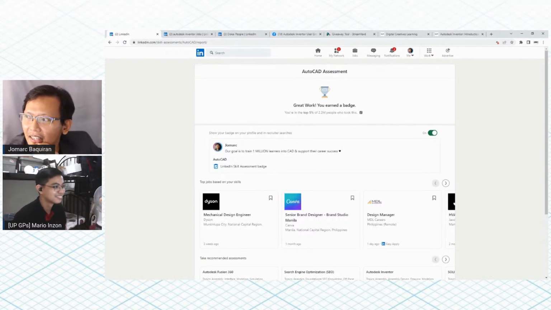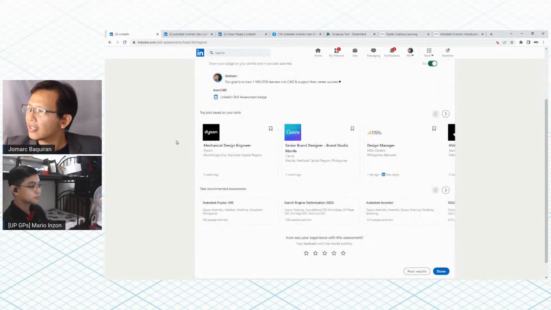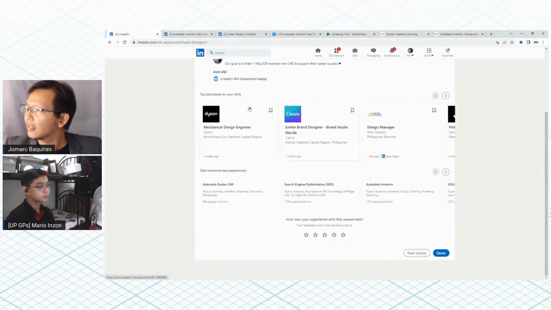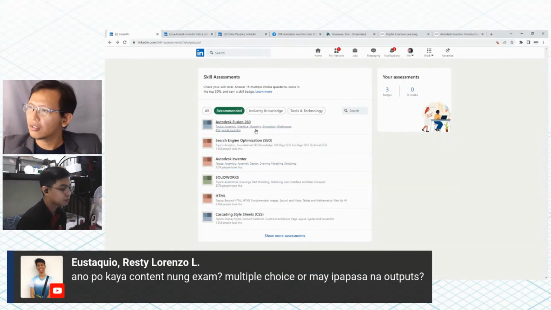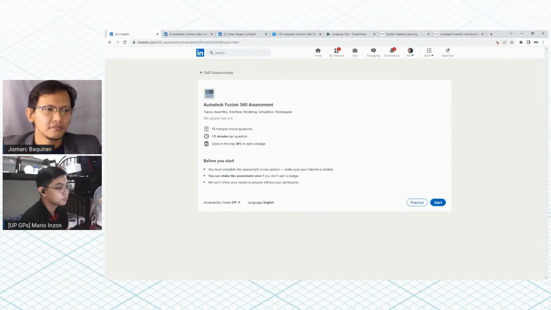'Di ba? And it's a great way to level up your credibility, 'di ba, for looking for jobs, and legit 'yan. It's LinkedIn. Content ng exam, the content of the exam is in multiple choice. Okay, multiple choice. Ayan, and it's timed question. Parang din, board exam. Okay, but I suggest if you take the exam, you open the software alongside you para